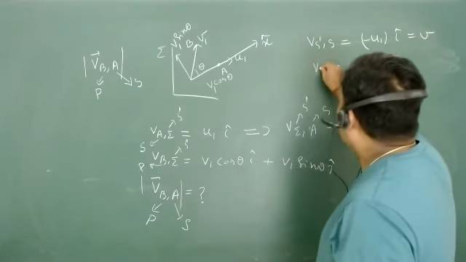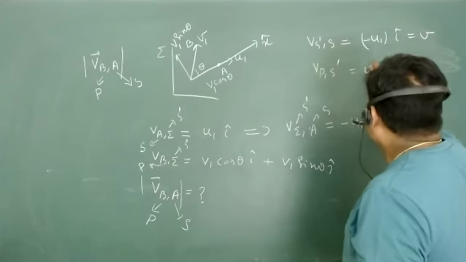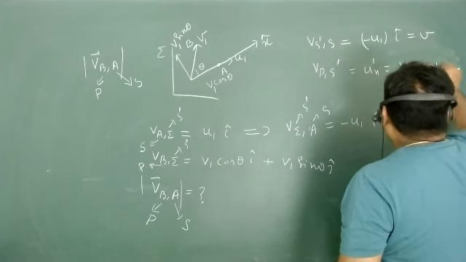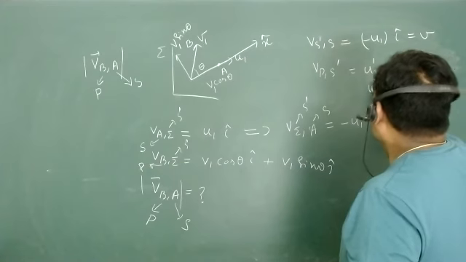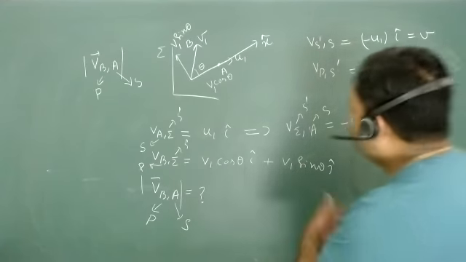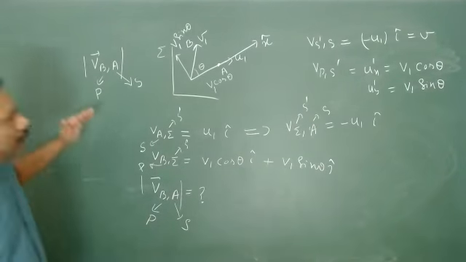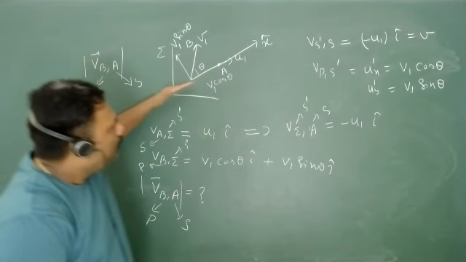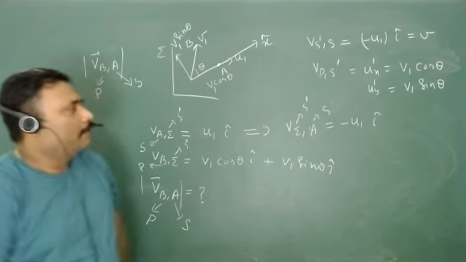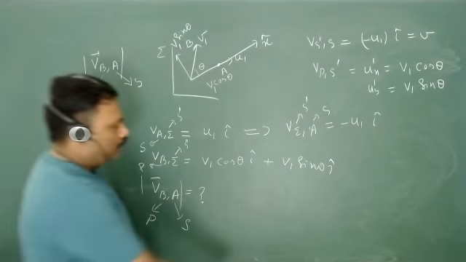And the velocity of the particle with respect to S dash is Ux dash, and this is nothing but V1 cos theta, and Uy dash is nothing but V1 sin theta, isn't it? And now look, everything is resolved. So I have chosen my own x-axis, and I will always choose the x-axis along the S frame. I will always choose the x-axis along the S frame. And now I have all these tools, and I can solve it.